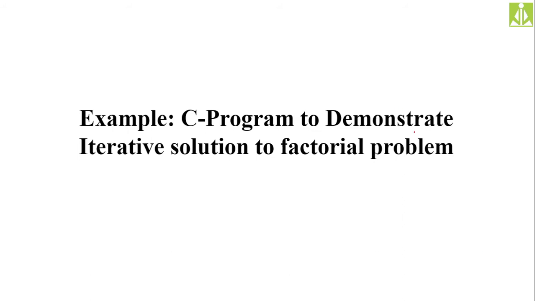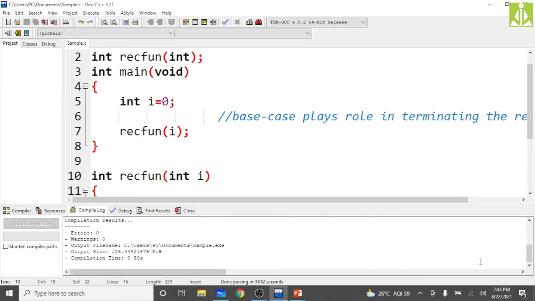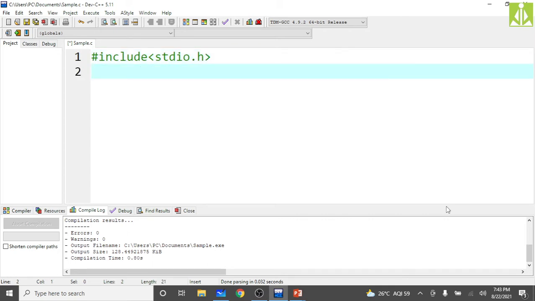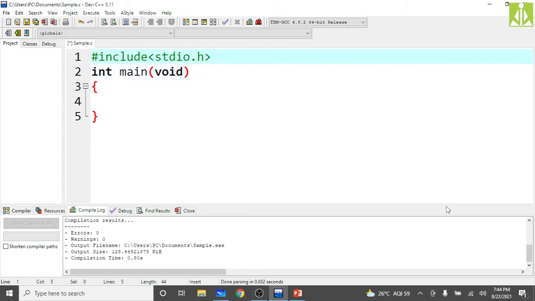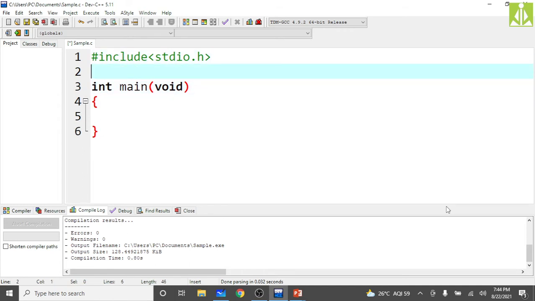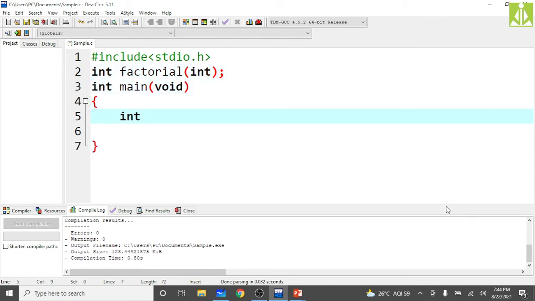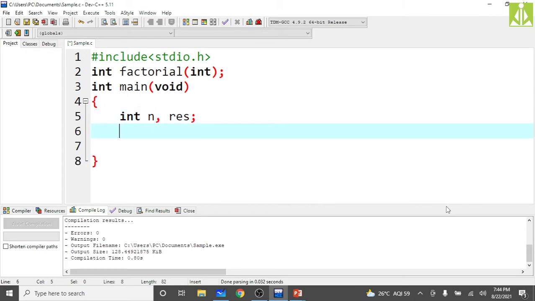Iterative solution, in the sense, we need to take a loop in order to satisfy this. So over here, #include <stdio.h>, then int main(void), come down and put two curly brackets, and go to the end. Here you take the declaration of the factorial function: int factorial(int); at the end put the semicolon. This program is very important. So int, read the number n, comma, the result value to store. I'm taking another variable, that is result.